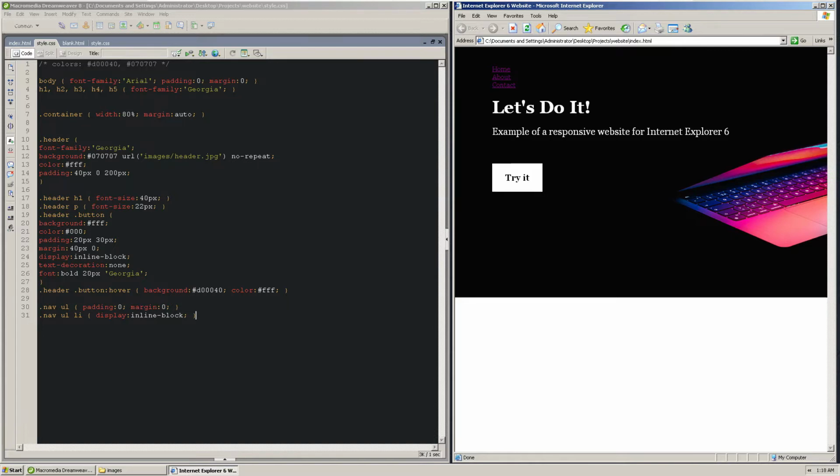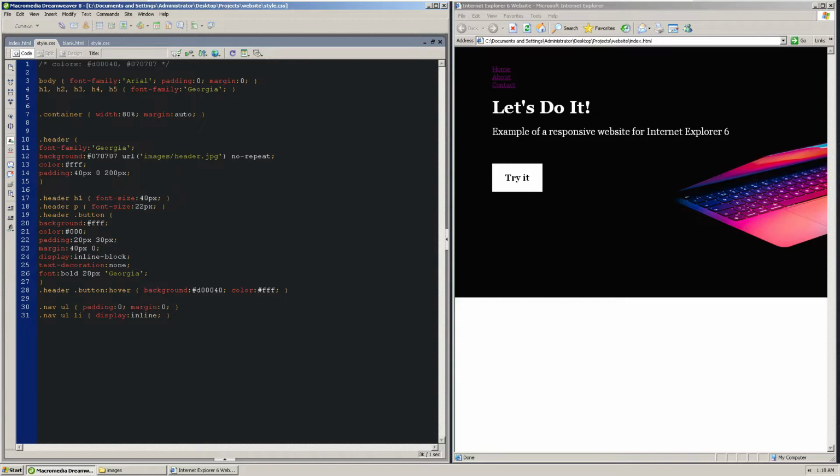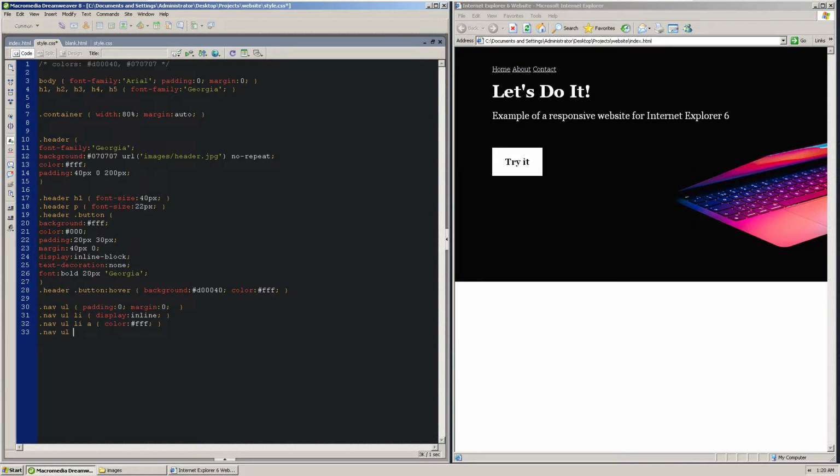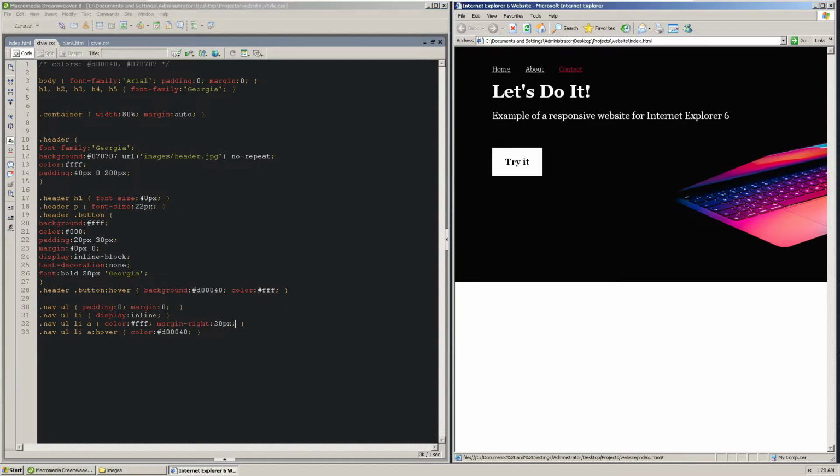Inline block is not really changing anything when I refresh the page, but actually if I use display inline, it's working. And this is fine, we can use that. It's such a clean syntax for this whole browser, but there is another way that may support even more browsers, and I'll show you that too. But before that, let me just set some hover styling to the navigation. Great, the navigation is ready.